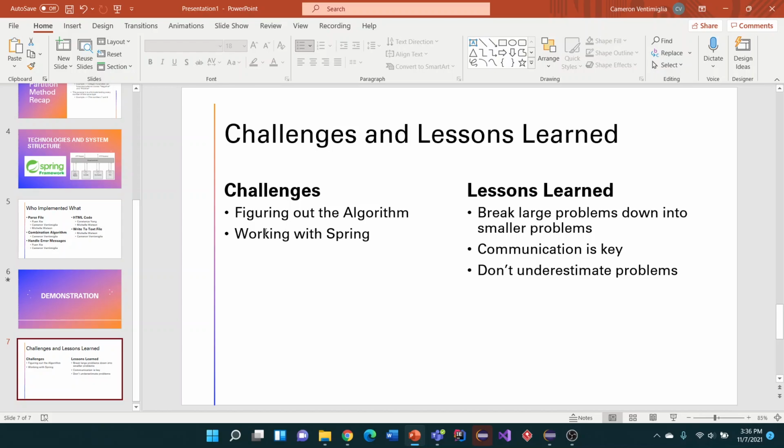And another problem was working with Spring. We didn't really have any prior knowledge with working with any APIs. So learning and adapting to Spring was a little bit tough at the start. And it got a little bit easier as time went on with a little bit more research and practice. But it was still a challenge nonetheless. Going to our lessons learned,